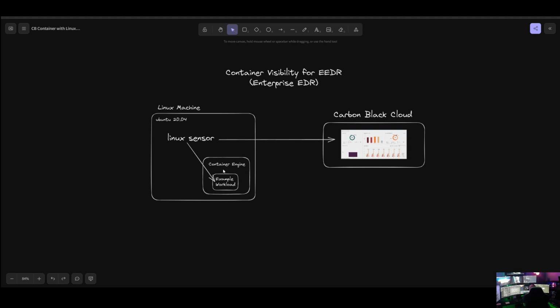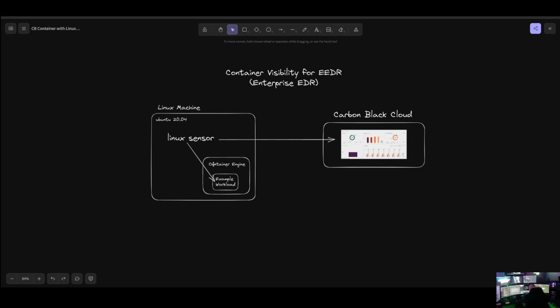And so I've set up a little demo today to walk us through this and to help you better understand exactly how this works and just what exactly you're going to get. Now, before I go any further, let's look again here and let's explain this. So right here, I have a Linux machine. It is an Ubuntu 20 machine, and it has the Carbon Black Linux sensor installed on it, the new one with the